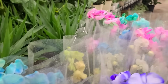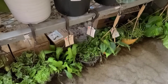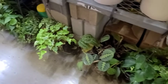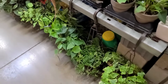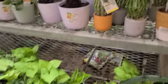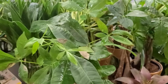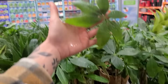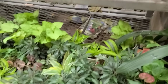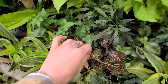And these orchids with their weird fake colors. I'm not sure how I feel about it. Something about it feels unnatural and it makes it feel unattractive to me, but I'm curious if you guys like these artificially colored flowers or how you feel about artificially or chemically induced coloring on houseplants, because I don't know. Personally, I think it's a little bit odd. Sure, maybe it's a fun experiment to see if it's possible, but I'm not sure that I